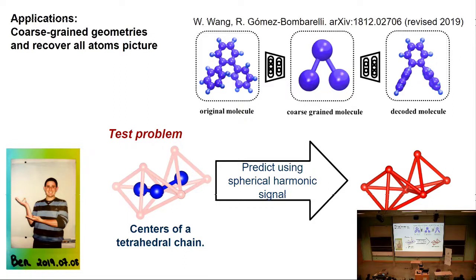Okay, so there's two problems in this. There's coarse graining, which is taking many atoms to fewer atoms, but then there's also fine graining, which is taking fewer atoms to many atoms. And so we were curious as to how we could maybe help generate the full atom geometries. So we did a test problem. We said we're going to go from the centers of a bunch of connected tetrahedra to the full atom picture. And what we found is that this problem is what motivated this whole rectangle square business. It's because we saw this and we were like, what is going on? Why can't it do the task?